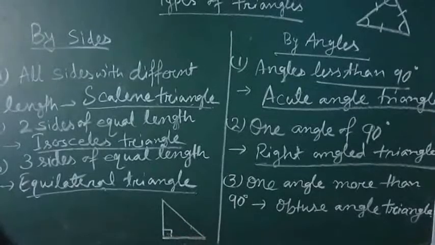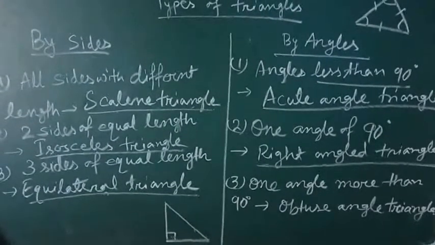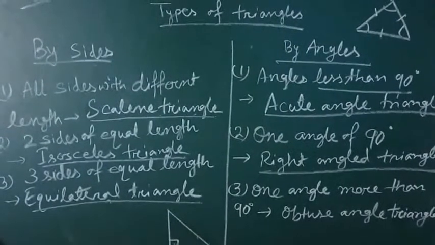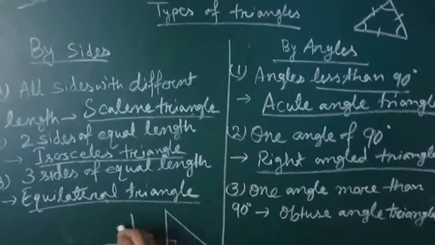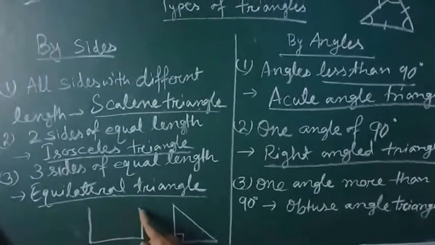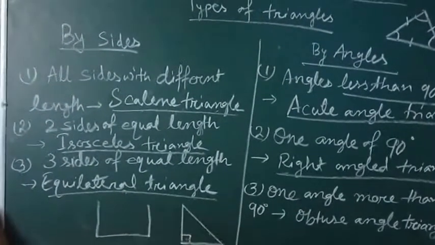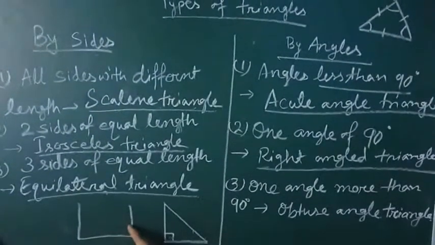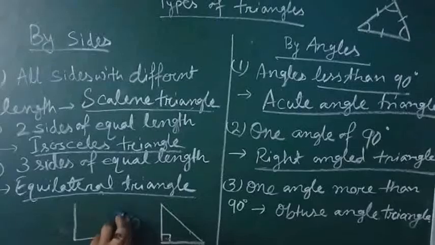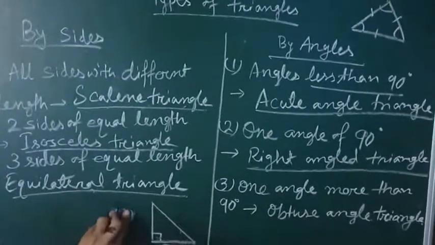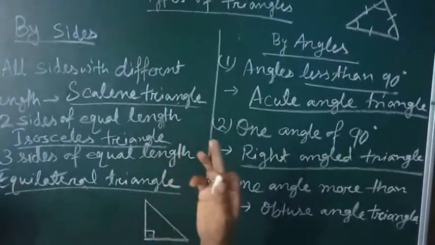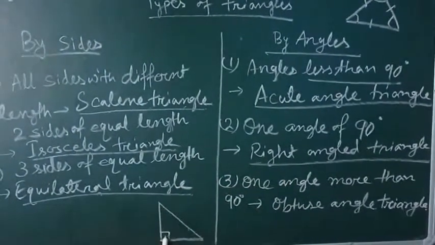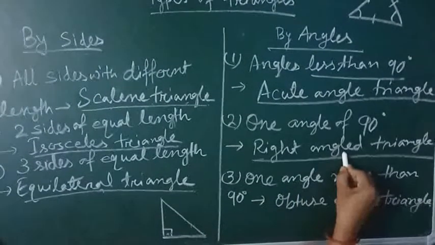Now, can you imagine a triangle which has two right angles? Is it possible? Yes? No. It's impossible. Why is it impossible? See, if you are putting two right angles on the two sides, will it be a triangle? Will these two lines ever meet? No, they will never meet. So you cannot get a triangle with two right angles. And you know the sum of the three angles will be 180 degrees. So if you have two 90 degree angles in a triangle, how can it be a triangle? It is impossible. So when one angle is 90 degrees, it will be called a right angle triangle.